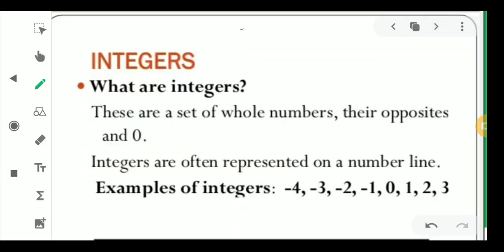Now children, we know that what are integers? We know that integers are a set of numbers which contain 0, natural numbers and negative numbers which are just the negative of the natural numbers. So simply we can say integers consist of 0, natural numbers and their opposite, means negative of them. Examples of integers you can see like -4, -3, -2, 0, 1, 2, 3. These are the examples of integers, and we know that 0 is neither positive nor negative.